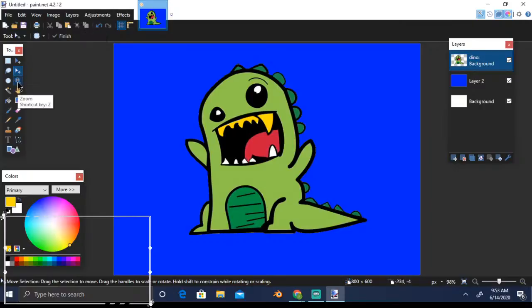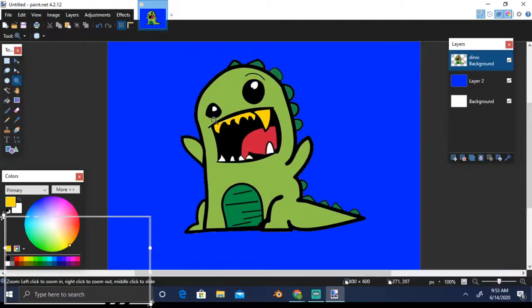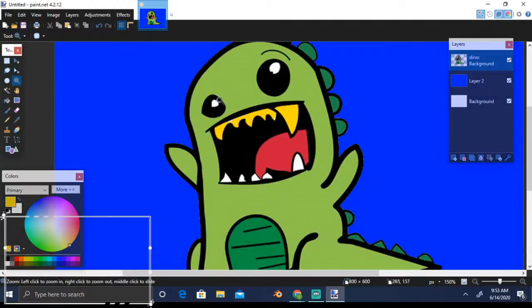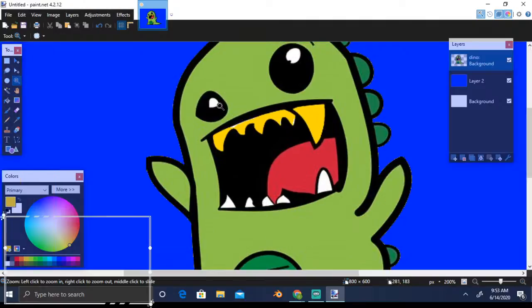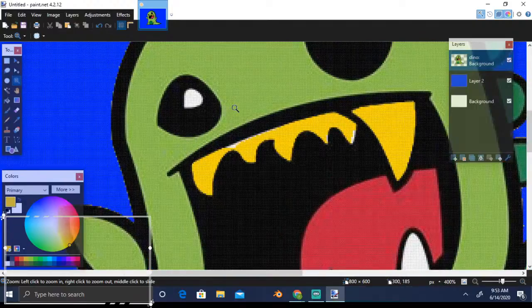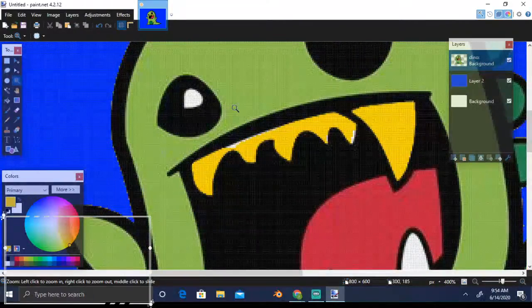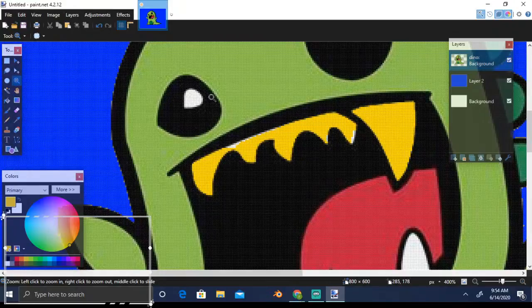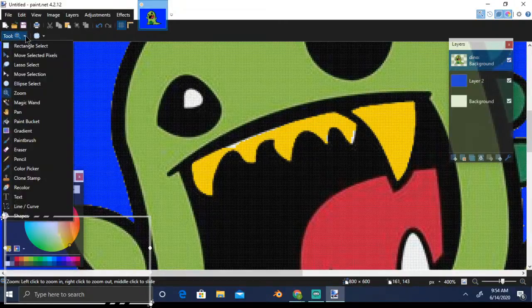Now this tool is the zoom tool. As the name suggests, you can select it and zoom the image. Just press the control key and click again. If you click on it, it just zooms.